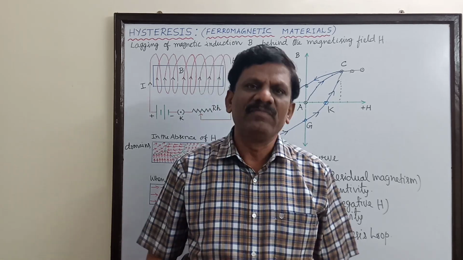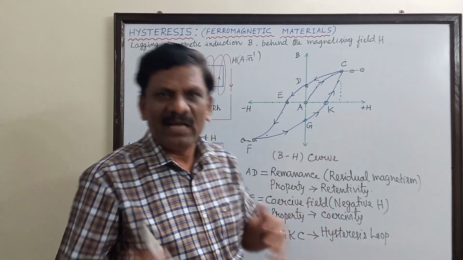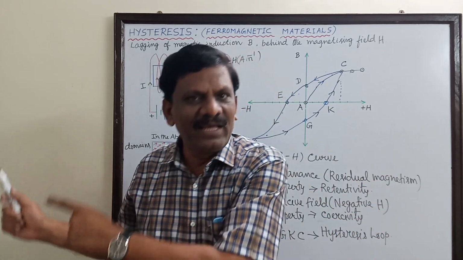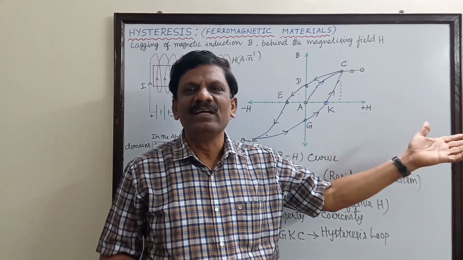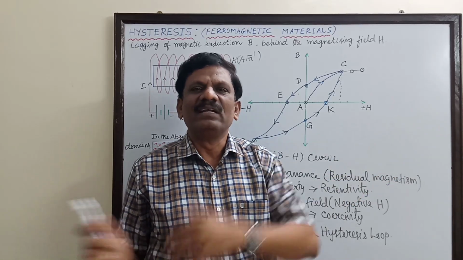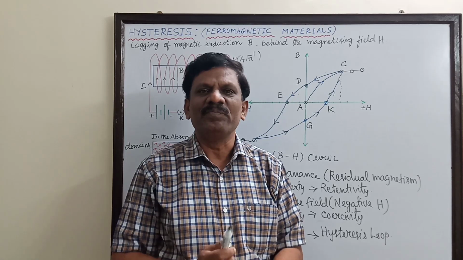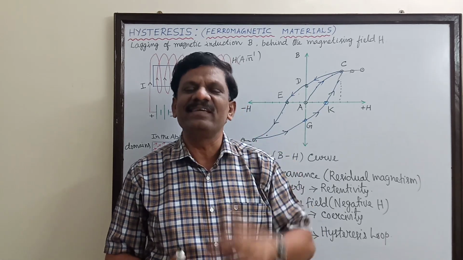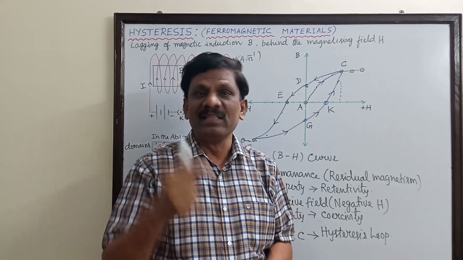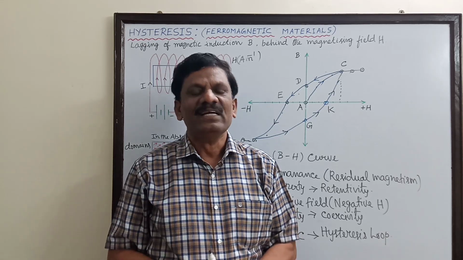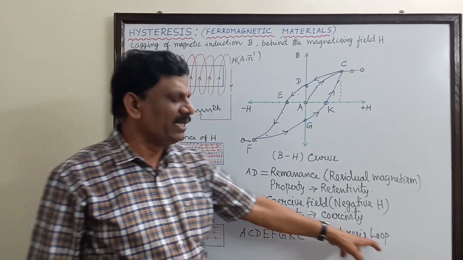So my dear students, here we come to understand that always H is ahead and B is lagging. We have studied leading and lagging in the LCR circuit, is it not? Here H is leading and B is lagging. When H has come back to its original 0 value, B is not ready to come back to 0. It is still retained inside, or lagging inside. So this phenomenon of lagging of magnetic induction B behind the magnetizing field H only is called hysteresis. Okay children, now you see A, C, D, E, F, G, K, C is called the hysteresis loop, is it